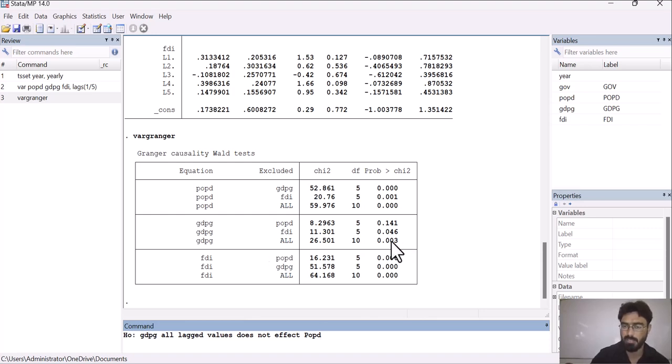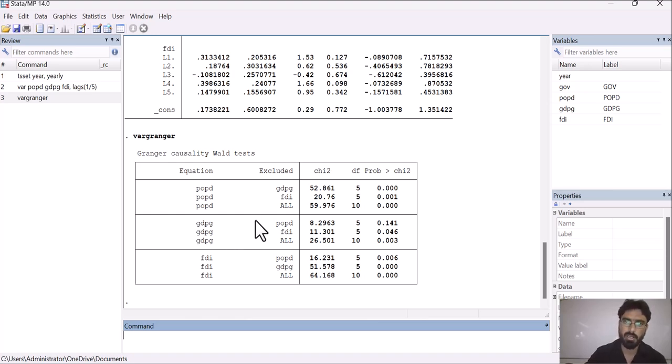The probability value is less than 0.05, so we reject the null hypothesis and accept the alternative hypothesis, which means that POPD and FDI all lagged values do affect GDPG in the short run. So this is how we can check the jointly significant effect of variables on the dependent variable. This is the first method for checking the joint significance of the variable.